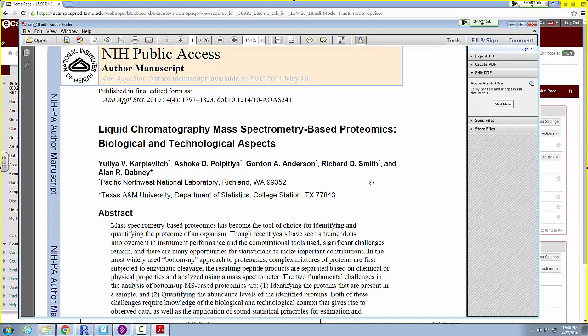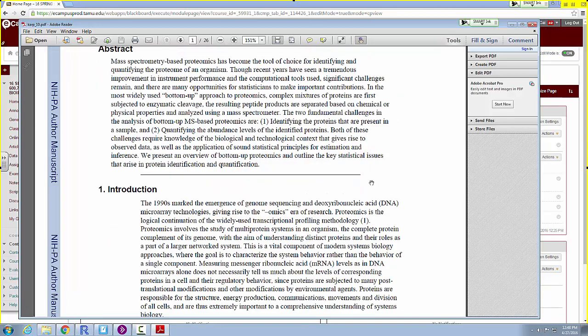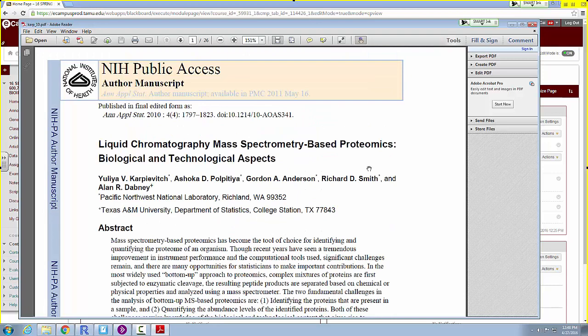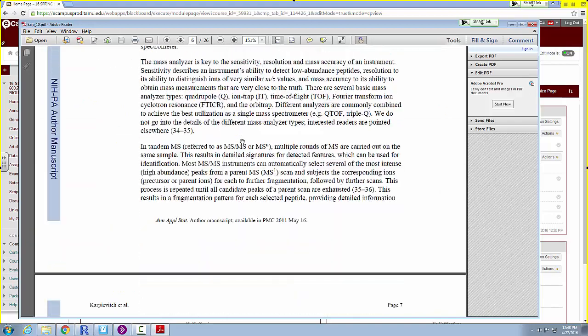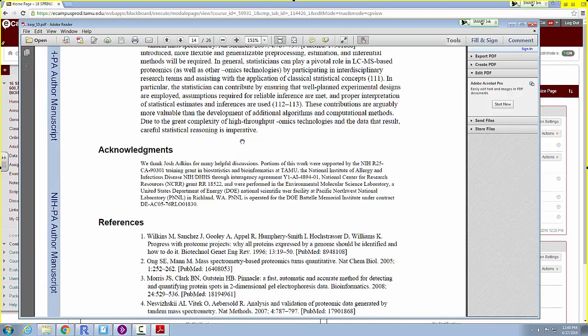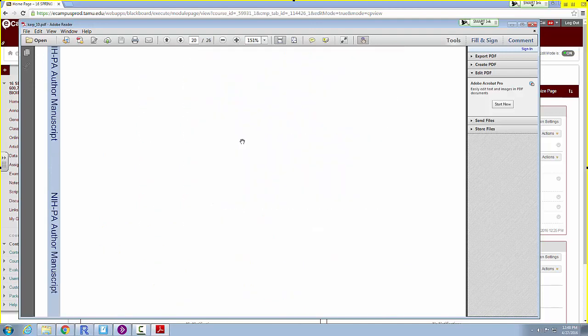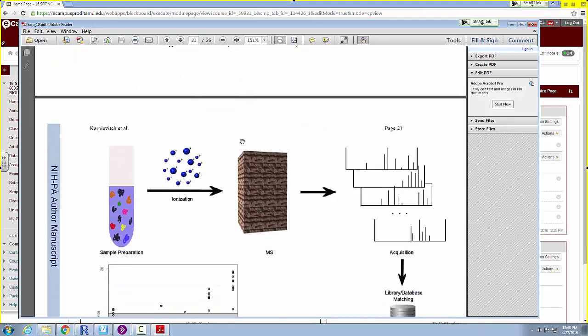It's a valid way to investigate the omics of an organism. All right, I'm not going to read through the whole paper, obviously, but this was a summary paper that we put into an applied statistics journal. So it's at a good level for us. This is my favorite reference, since I wrote it, for explaining mass spec, in particular liquid chromatography mass spectrometry. What I would like to do is look at pictures. So let's talk about